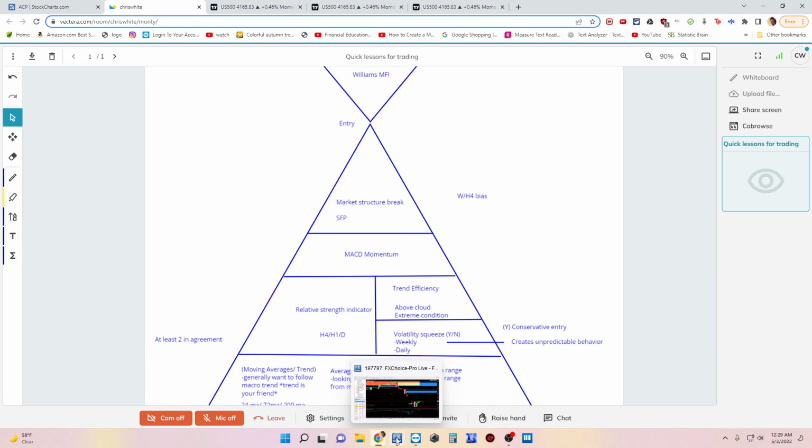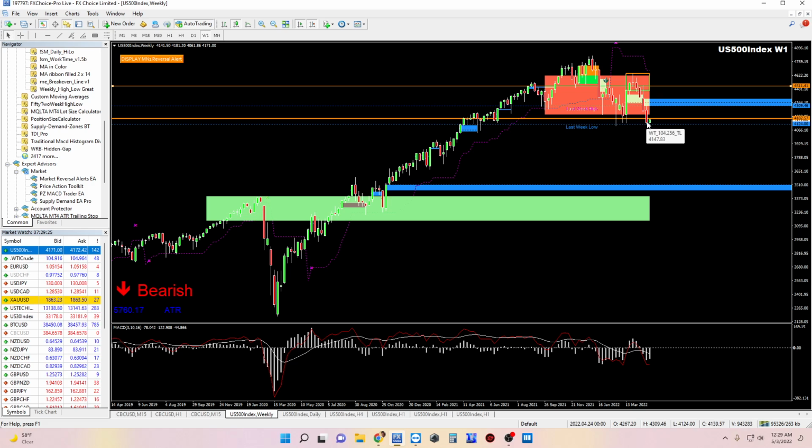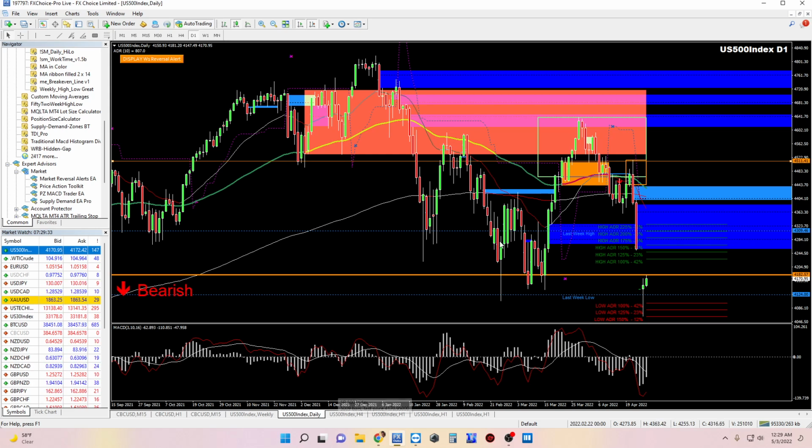As far as other significant things, we had a monthly market structure break, so I expected we could wick all the way up into here. It looks like a really wide range that we can travel through, but it definitely seems like there's resistance right here. We could come up into here and get rejected, or we could close this and then do a stop hunt. And the stop hunt would roughly be here on the daily in some way,